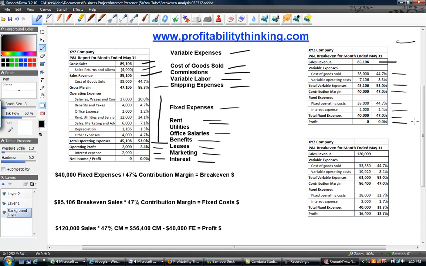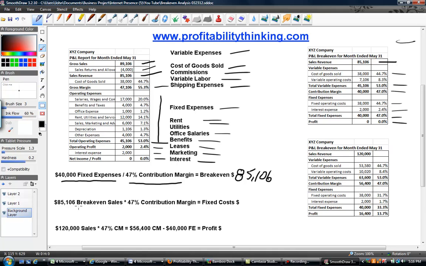To calculate the break-even point, take the total fixed expenses and divide by the contribution margin percent. In the case of the example income statement, we have $40,000 in fixed expenses, and we divide by the 47%, 0.47 contribution margin equals a break-even, as we had up there, of $85,106. The business started the month with a theoretical loss of $40,000 and a contribution margin of 47% from sales made up the loss until the business broke even at